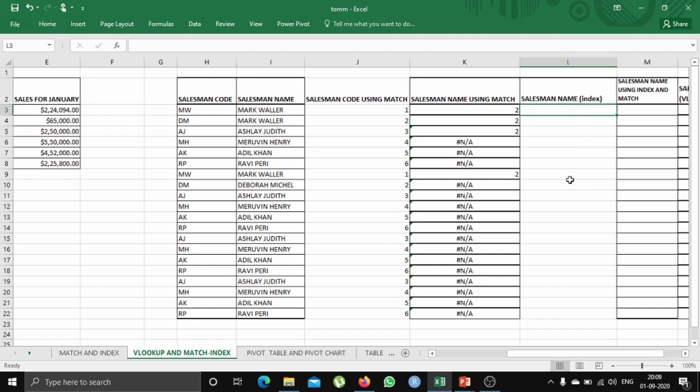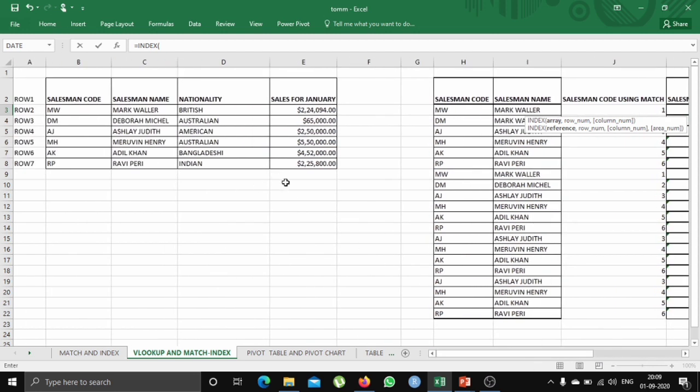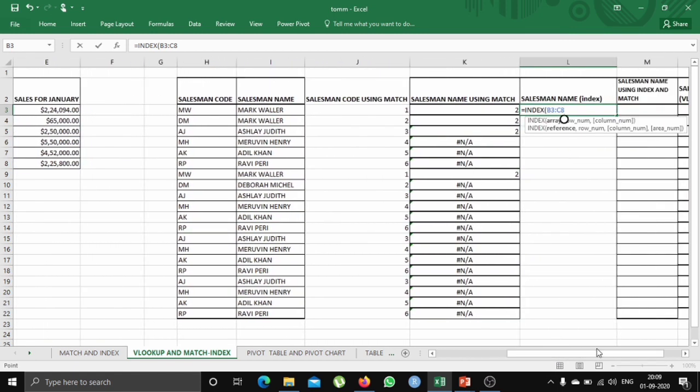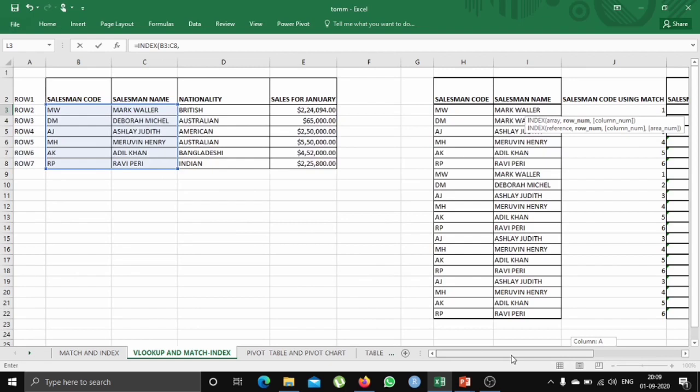Now we'll find the salesman name, or the value in the cell, using the INDEX function. Open the bracket. Select the array. So we have to select the range we want. Here we can select multiple rows and columns. Now enter comma. Enter the row number you want. We have selected 6 rows here.